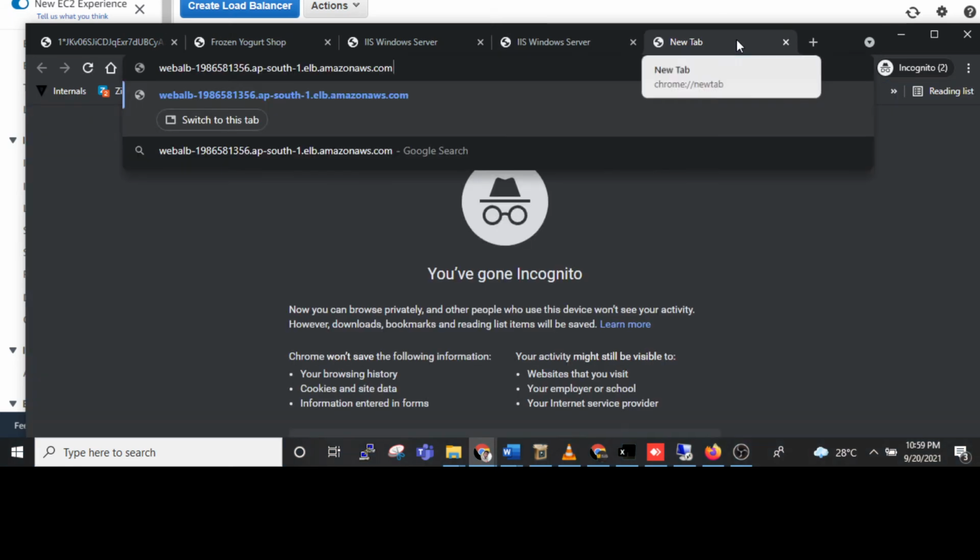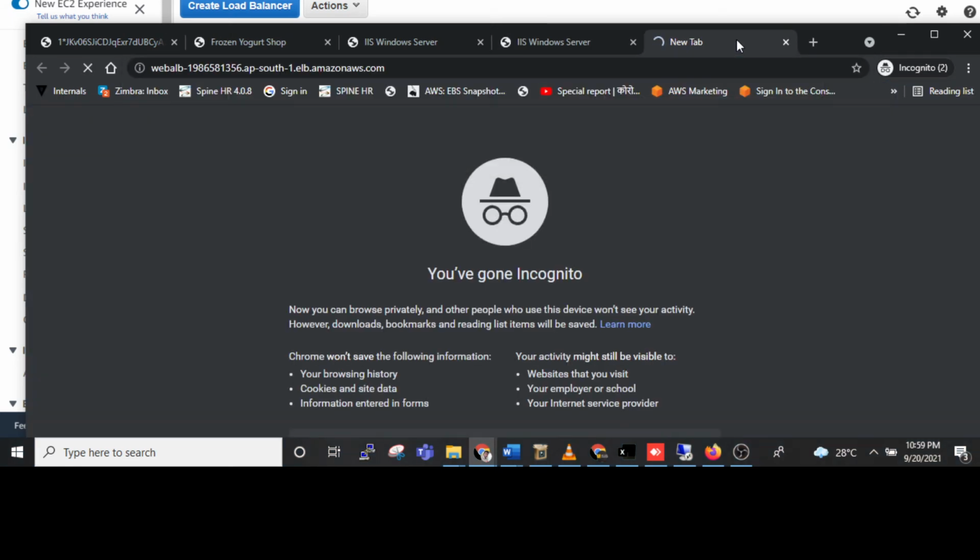It takes some time because we have just updated the DNS and the load balancer. So the first request goes to the primary, and after that it will go to the secondary.